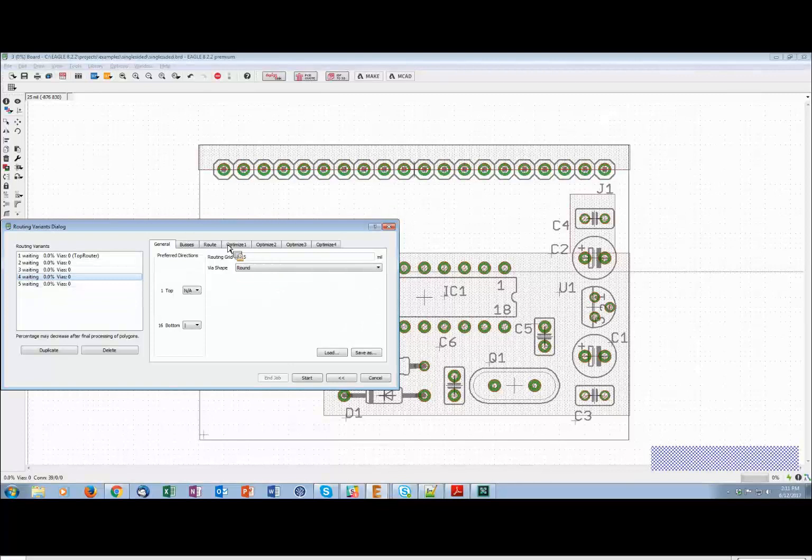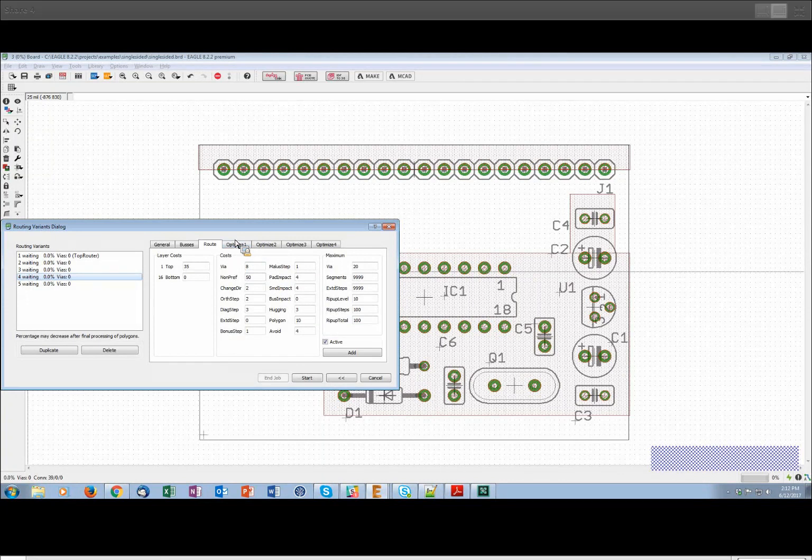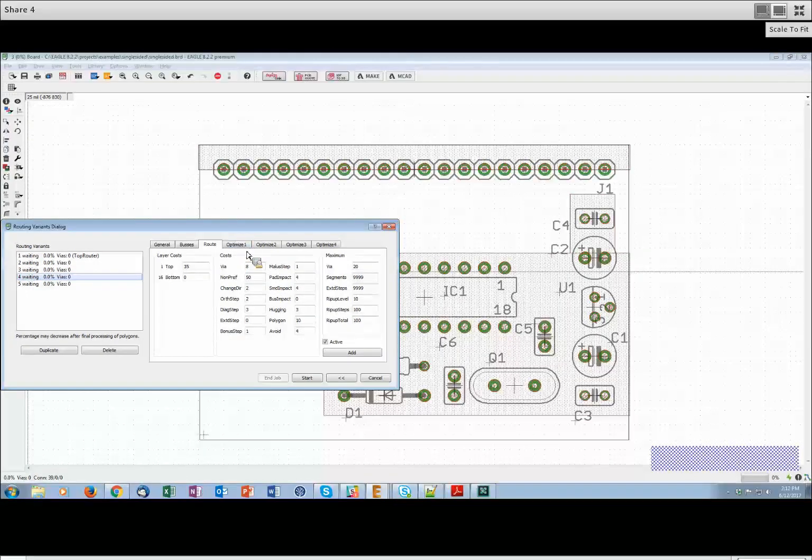Chapter 7 of the Eagle manual covers how these parameters interact and how you can kind of guide the Autorouter to route in a way that you prefer. Again, nothing can be explicitly guaranteed when it comes to the Eagle's current Autorouter. However, you can kind of guide it. You can kind of enforce certain preferences. So what we'll do is we'll go ahead and now hit start, and we're going to see